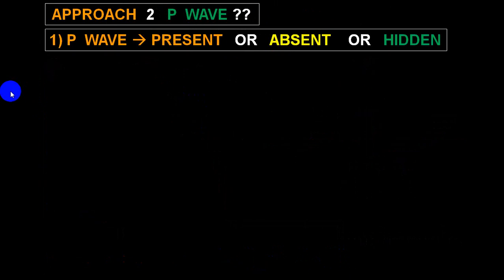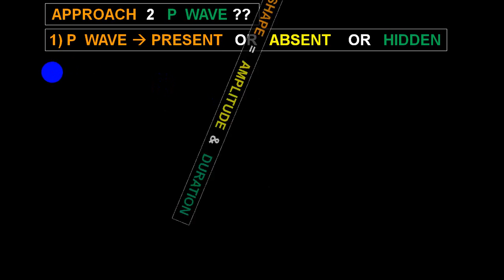So now, how do you approach a P wave examination? We have told you that whenever you look at the P wave, look at the rhythm strip. The best way is to look at the rhythm strip, and the best rhythm strip is lead 2. Have a 6-second rhythm strip of lead 2 and then have a look at it. P wave is present, absent or hidden. You try to find that out.